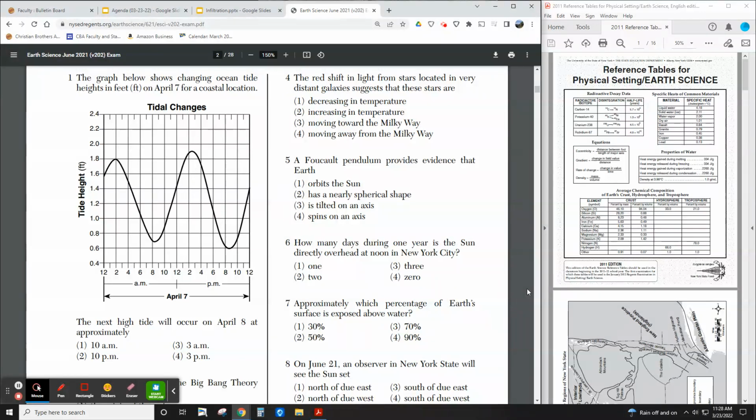All right, question number one. We have a graph showing ocean tide data, and you can see how this graph goes up and down, and that is basically what we call a cyclical graph. That's definitely something you want to remember for the future. And also remember that cyclical graphs can be easily predicted onto what's going on in the future. And that's essentially what this question is all about.